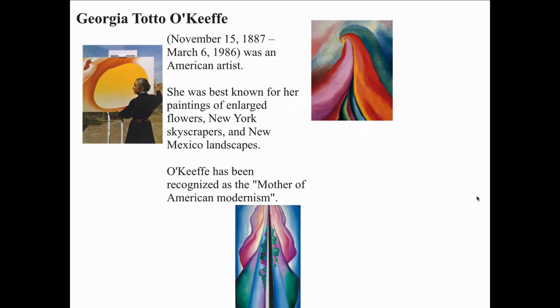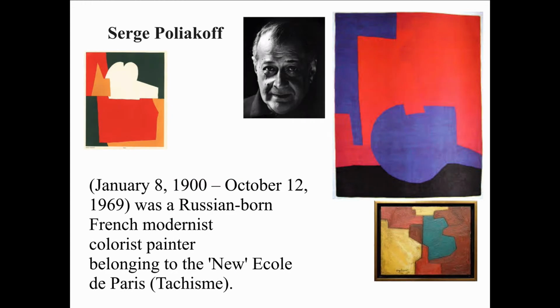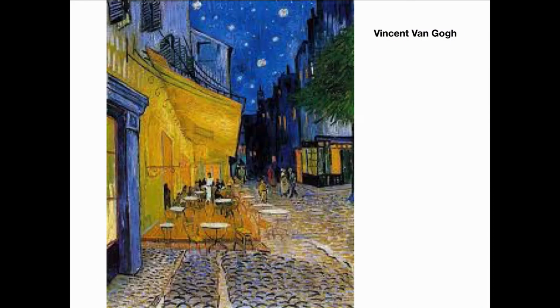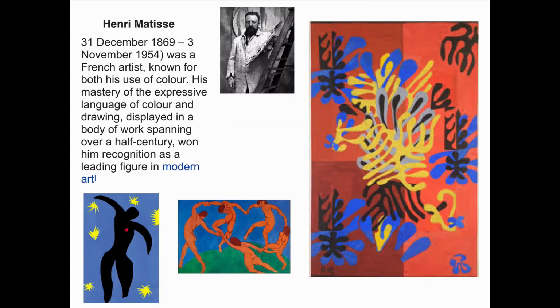I cover the work of well-known artists like Georgia O'Keeffe, Carol Nelson, Serge Polyakov, Huguette Callan, Vincent van Gogh, Emile Nolde. You get a little bit of an excerpt of the history of color and how the artists became focused